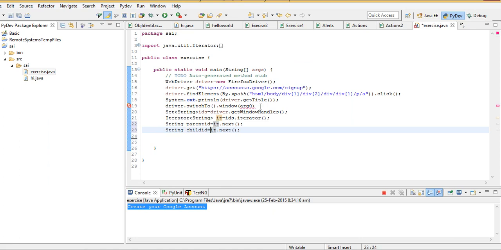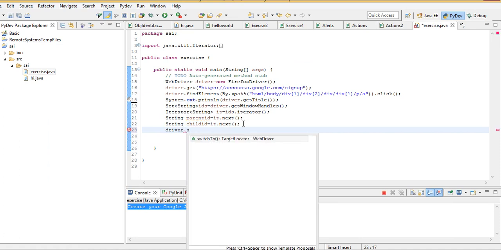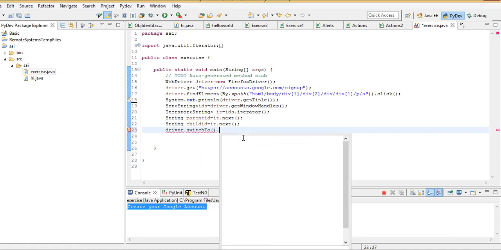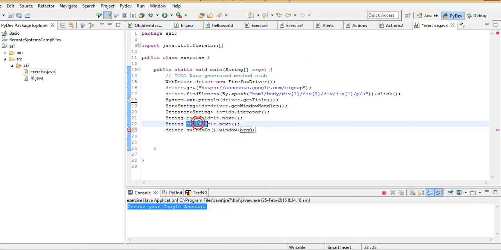That's it. I got my ID into this variable with the help of iterator, and now I'll write this step: driver.switchTo().window(childID).